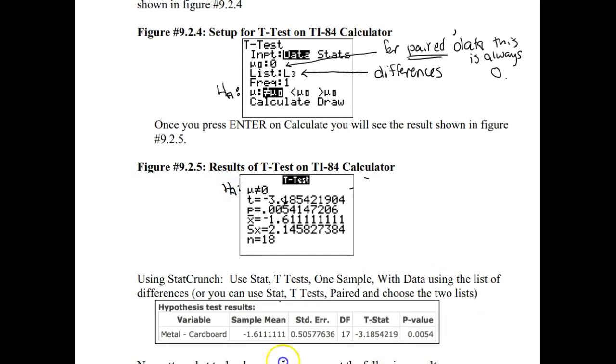So again, this first screen should look like, a first line should be our alternative. So we're testing that this mean is not 0. And again, off this screen, we need our test statistic is t, the p-value that we want. So again, remember where it says p is really p-value. That t-score is our test statistic. And then x-bar gives us our point estimate for mu.